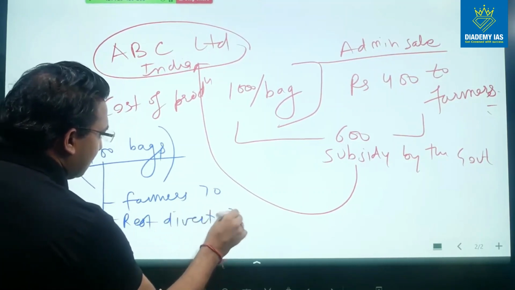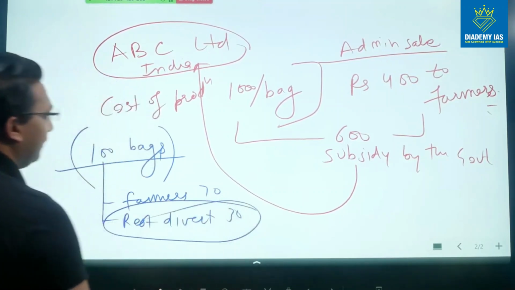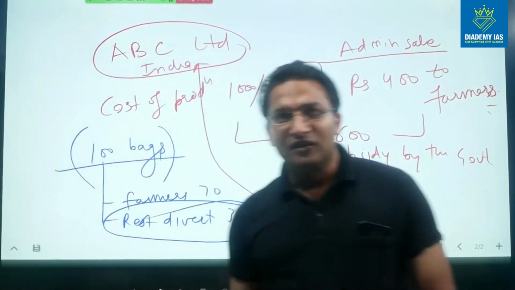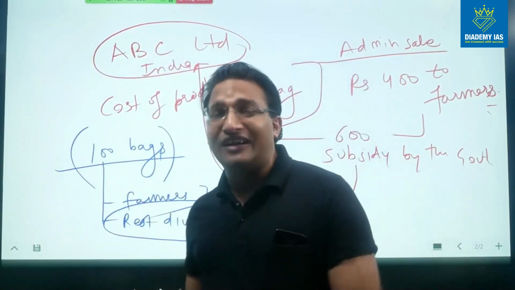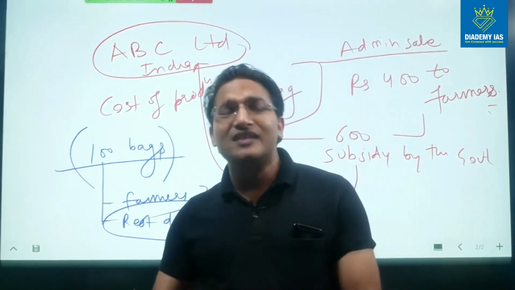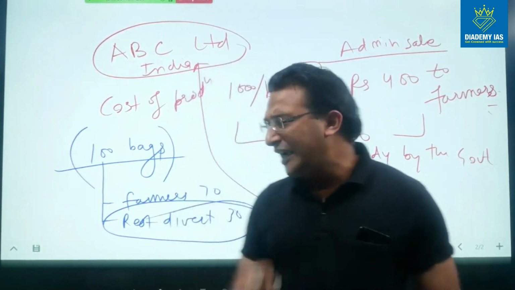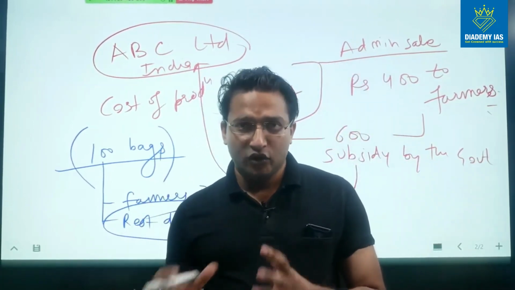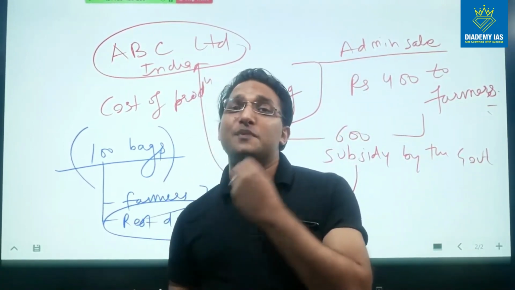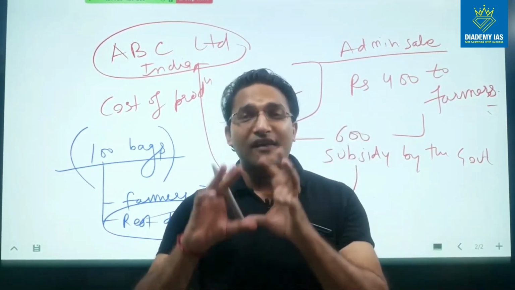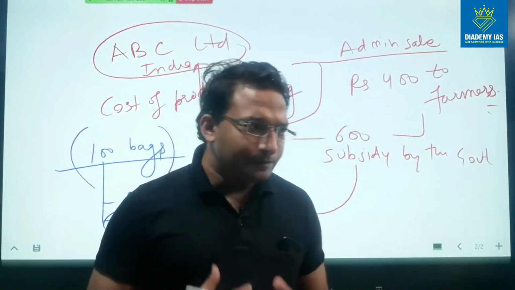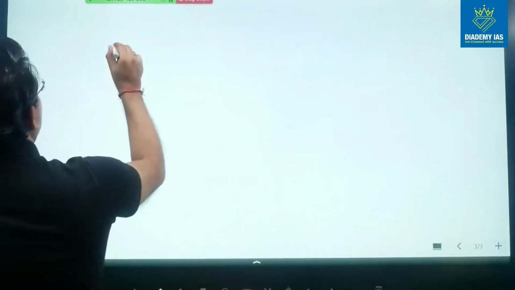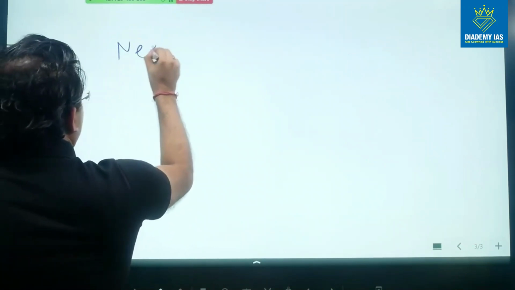So this diversion is actually causing loss to the farmers as well as to the government. The farmers are not able to get this fertilizer. The production of agriculture sector is declining because of this. And secondly, the government subsidy burden is also increasing. तो गवर्नमेंट सब्सिडी दे रही है और फार्मर के पास में वो माल नहीं पहुंच रहा है. So this diversion started. So to avoid this diversion, the government came up with neem coated urea policy.